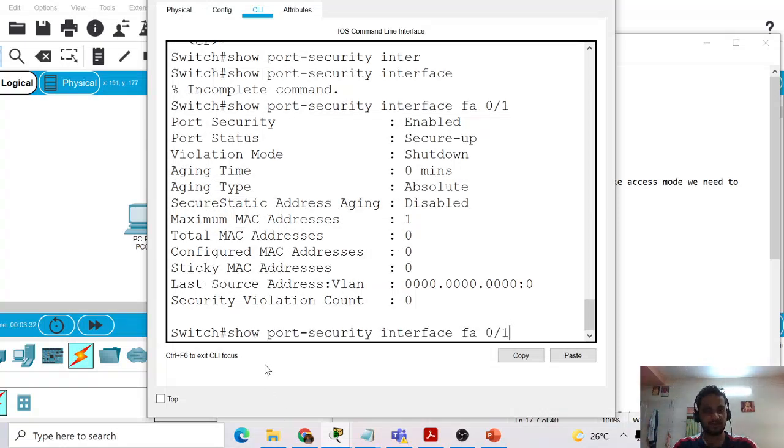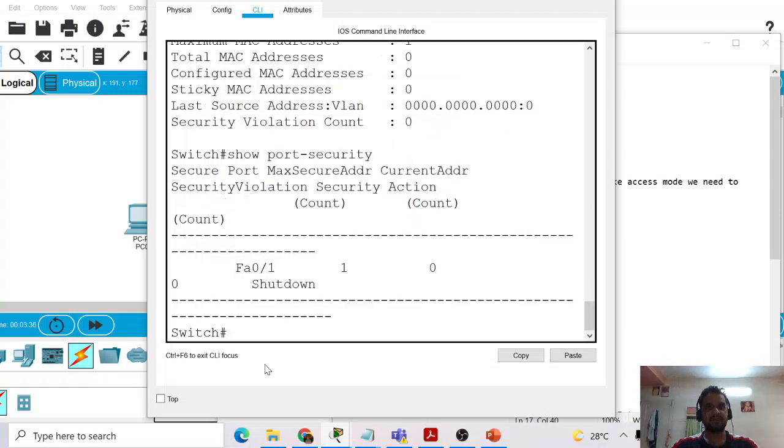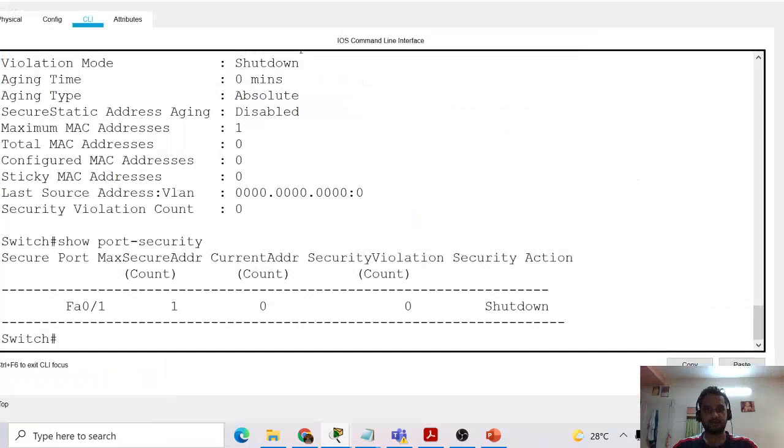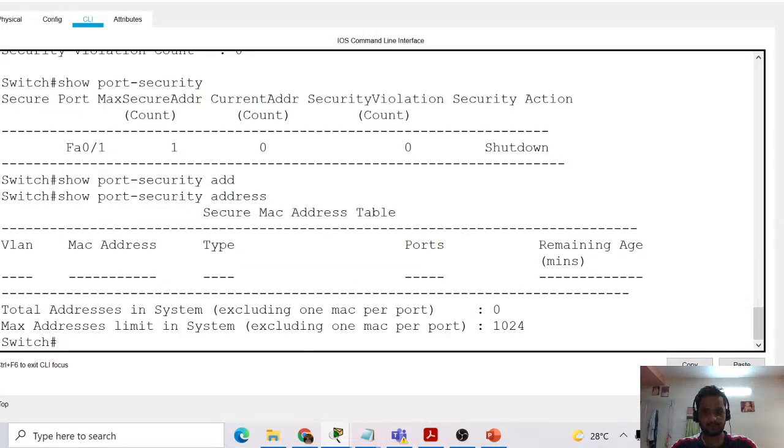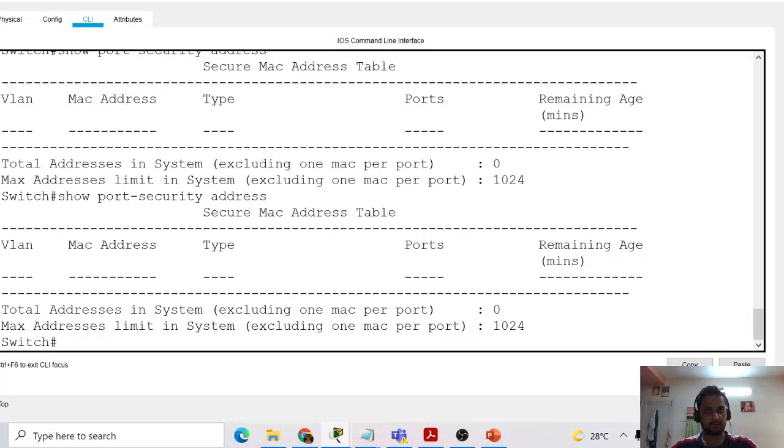Now let me go to show port-security. Here we will see the security violation mode is shutdown, the security violation count is 0, and the current address count is 0. Now I can also see show port-security address. Somehow the address is not coming.